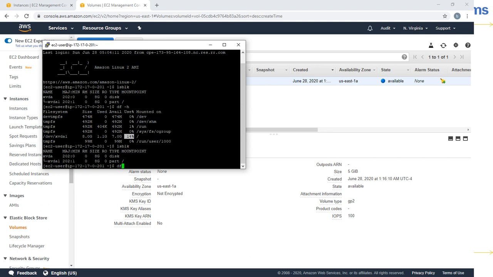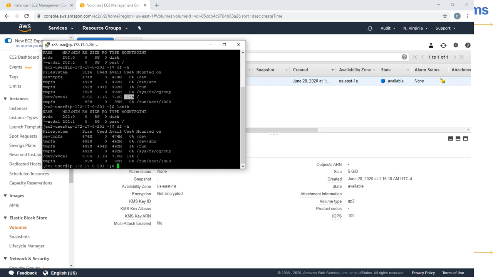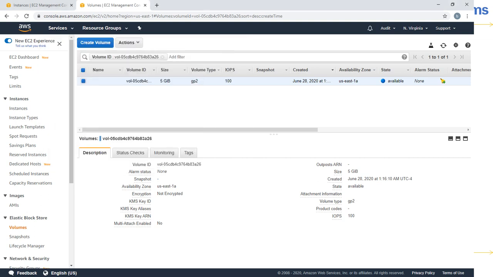Even if we use the disk space command, still you don't see it. So in order to see it, you have to attach it. You just created it, but you haven't attached this EBS volume to an EC2 instance.